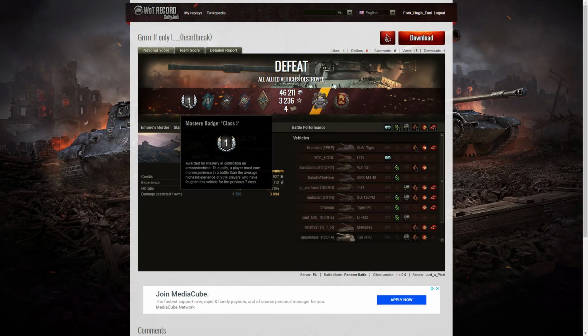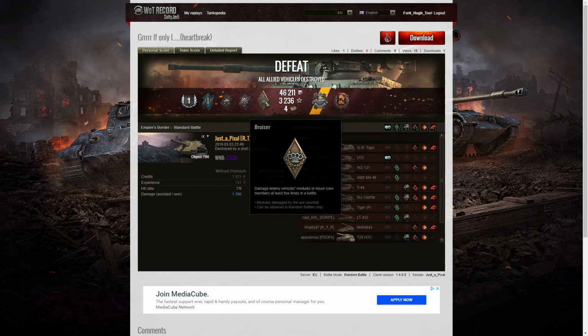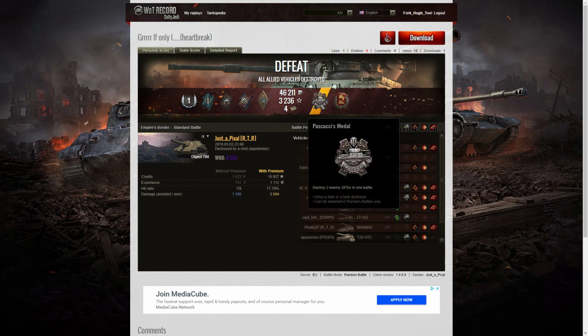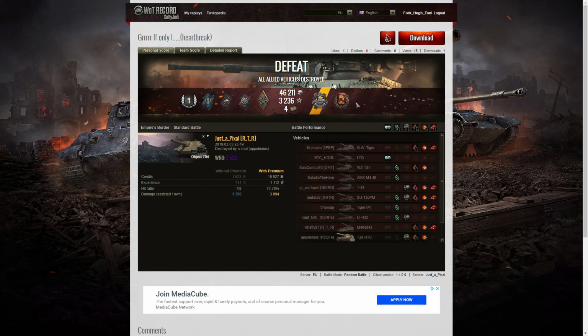Well, it was the first class tanker for Just a Pixel in the Object 704. He got a fighter badge, a duelist, a fire effect, and a bruiser medal out of the minor medals. But the epic ones, he got a Pascucci's for killing at least 2 enemy Arty, the M40, M43, and he got the GW Tiger, and he got a Defender medal for resetting the cap above 70 cap points in total. And he did that, but at least he's going to end up with the Courageous Resistance Award. Win 8 for that game,